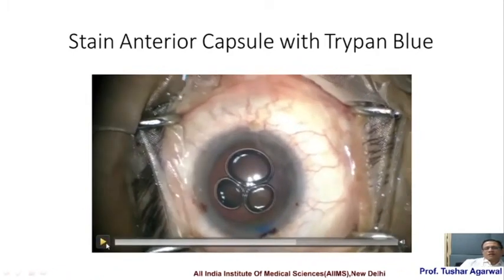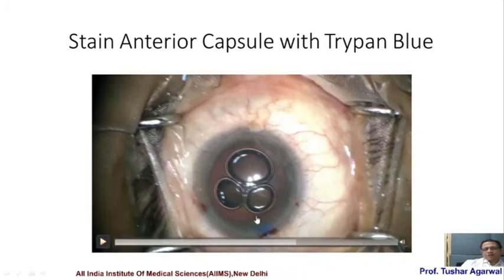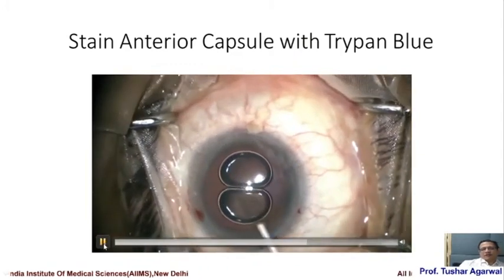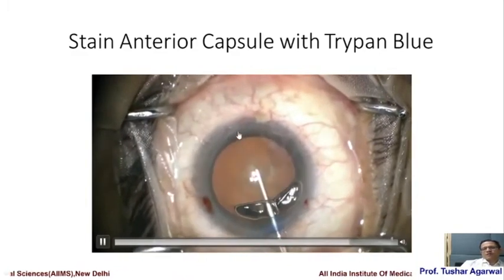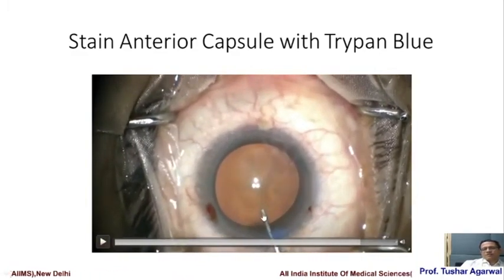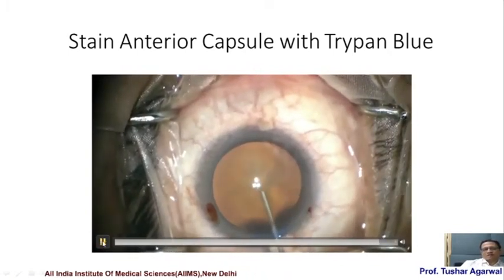Now, the next step is to put viscoelastic in the anterior chamber. Here I'd like to say that you have to advance the cannula beyond the air bubble and then start injecting the viscoelastic. If you do that, you'll find that the bubble will come out instead of being pushed into the periphery of the anterior chamber. So always advance the cannula beyond the extent of the air bubble and then start to inject the OVD and start to retract your cannula as the OVD goes in and the air comes out. If you do this, you will never have air which gets trapped in the periphery of the anterior chamber.